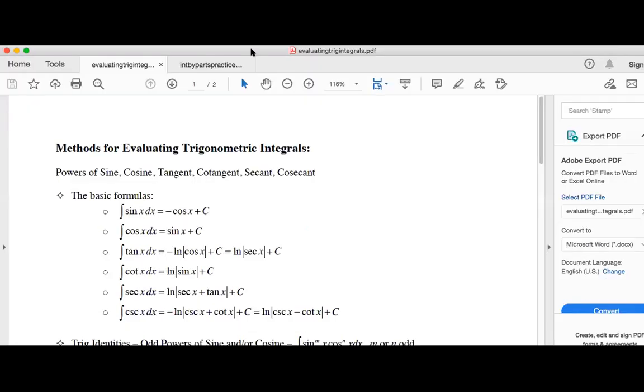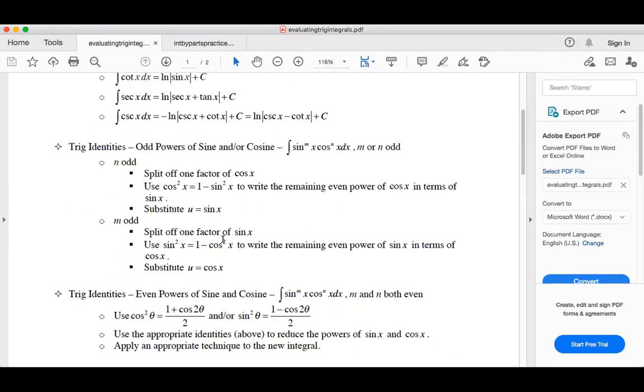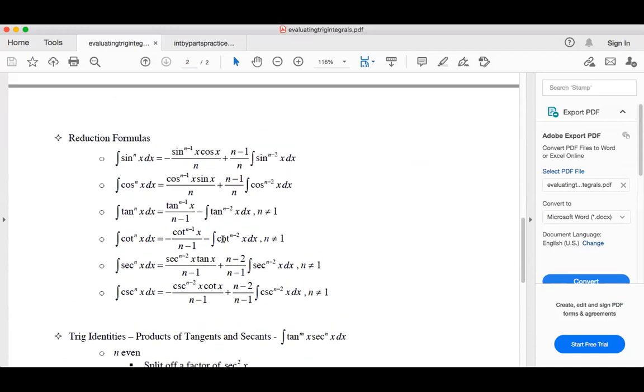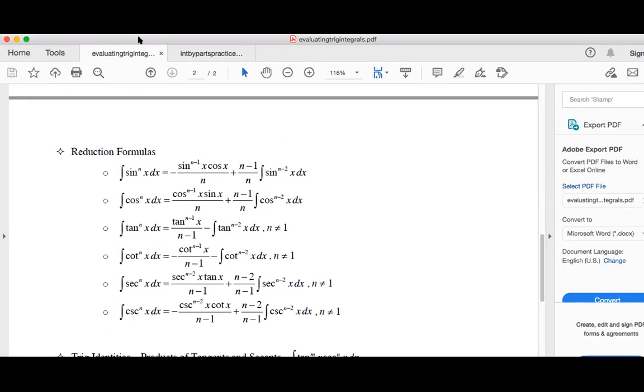So I am going to simply come down here and scroll to the second page and these reduction formulas. So these reduction formulas allow you to take a power of a single trig function and reduce it by 2. So if you're at sine squared, you're going to get down to sine to the 0 power, or just the number 1. If you're at sine to the 5th, you're going to get down to sine cubed, and so on. And the problem we just did